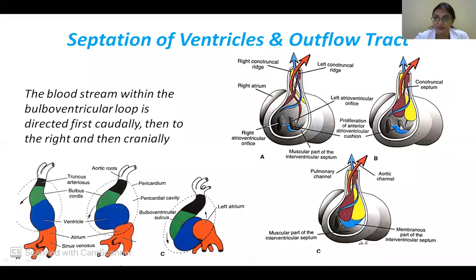So whatever blood is coming from here, what comes from here? From the left atrium, it enters into the left ventricle. Okay, from the left ventricle, what is behind you can't see. It's going here, going into the aorta. So a separate channel it has formed for itself. And then whatever blood comes from here, right atrium into the right ventricle, has to go through this. So this will become your infundibulum of the right ventricle, and then the pulmonary trunk.